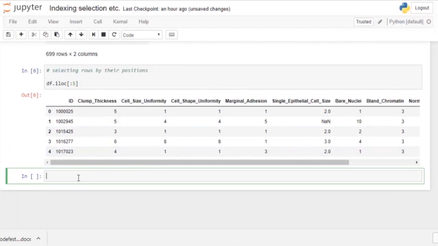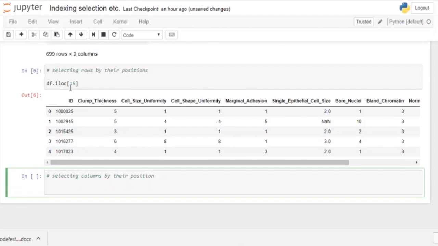Now what if we want to select columns using their positions? Similar to the row case above, we can use the iloc function to select columns by their positions. Let's suppose I want to select the first 2 columns of the df data frame. So I'm going to write something like this. Let me make it easier for you. Anything before this comma represents the rows and anything after this represents the columns.